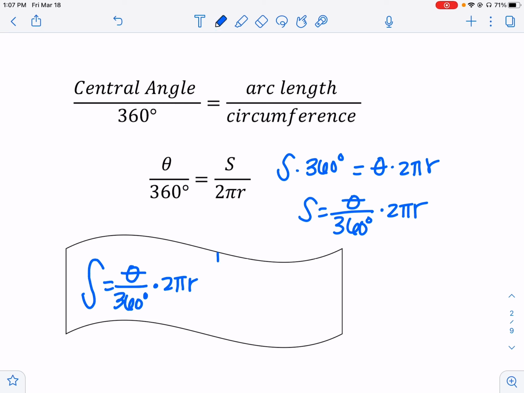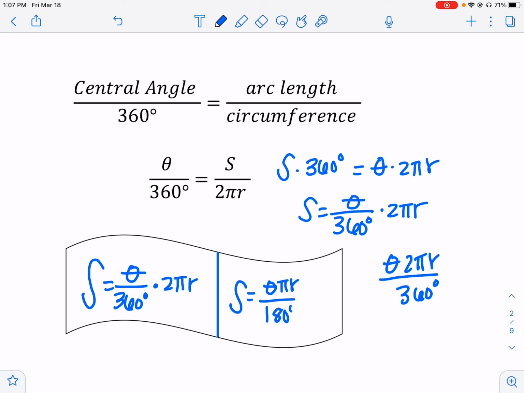Now, you can also simplify this. Sometimes you'll see this written as theta 2 pi r over 360. When we do it this way, we see that we have 2 on top and 360 on bottom. That reduces down, and it gives us S equals theta pi r